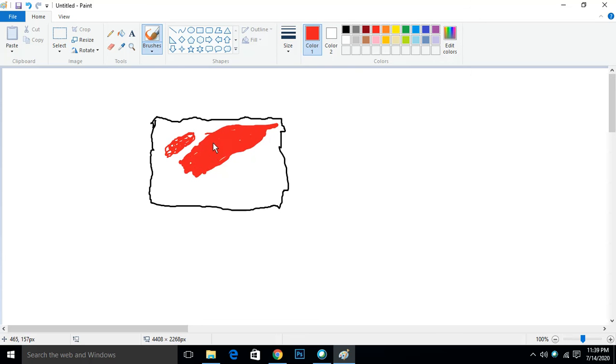Now I am coming to the second brush. The second brush is calligraphy brush 1. With the help of calligraphy brush, you can write your name in a very good style. You can see here I am just writing MS Paint.